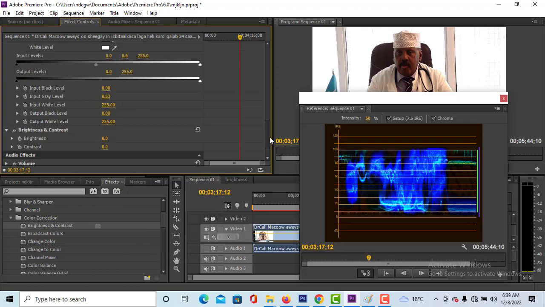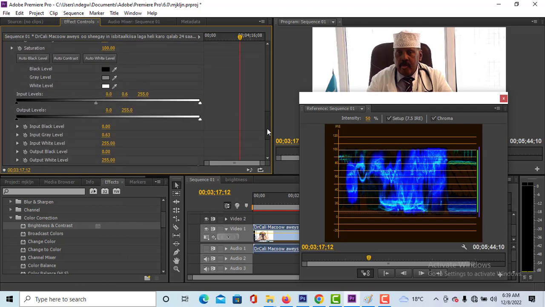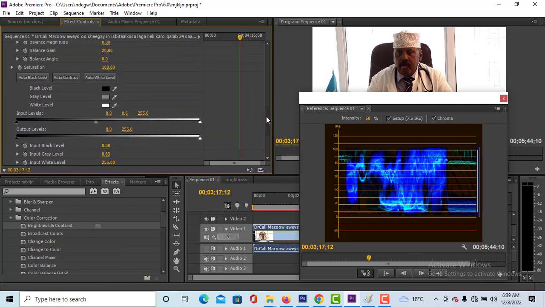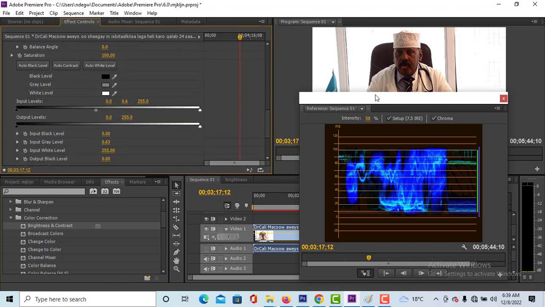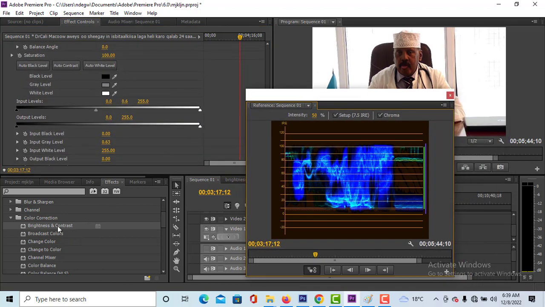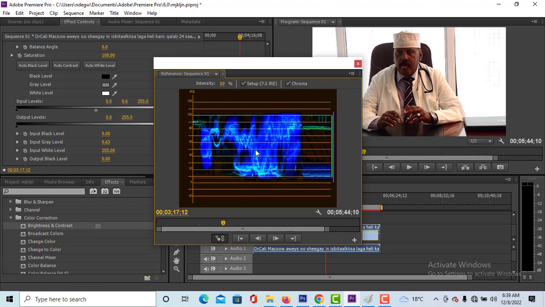a better outcome. So whenever you feel like you want to adjust any brightness or any contrast in Premiere Pro, please don't go directly to this effect here. It really does a very bad job, and I've really shown you what it means in this